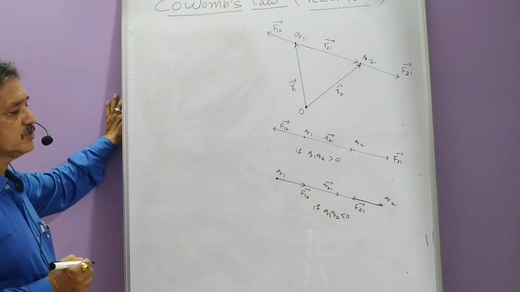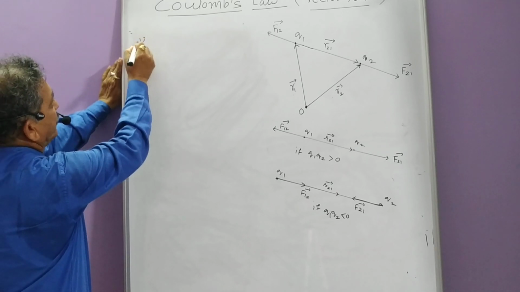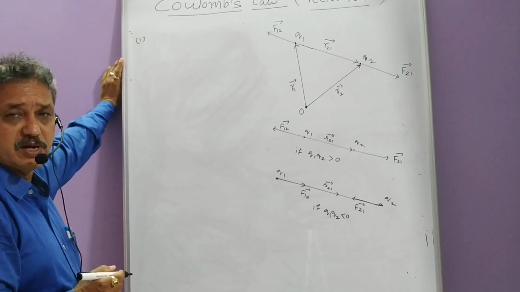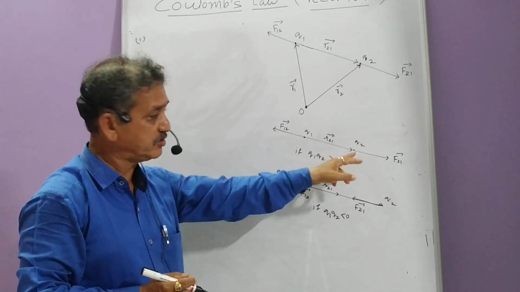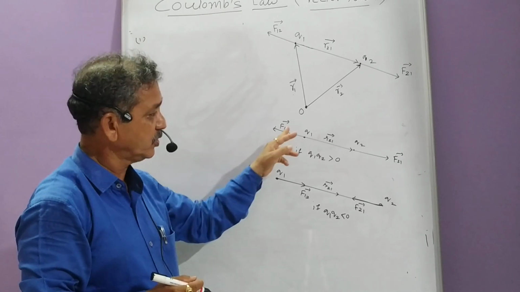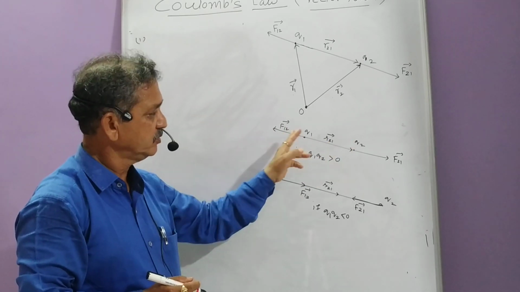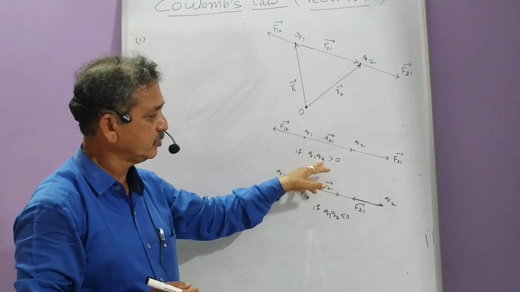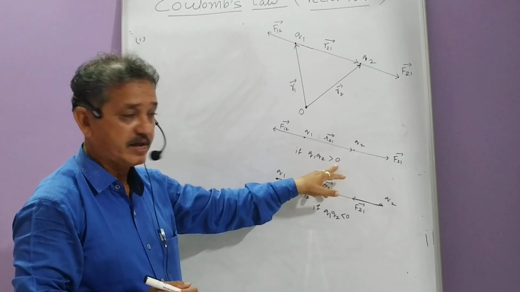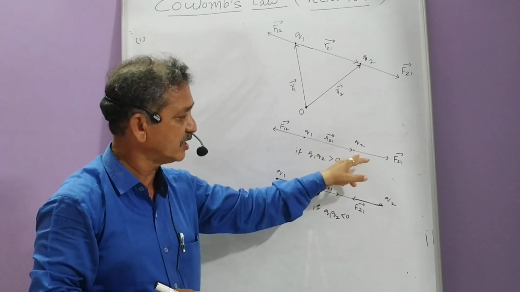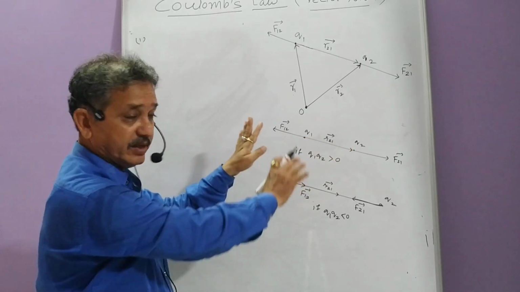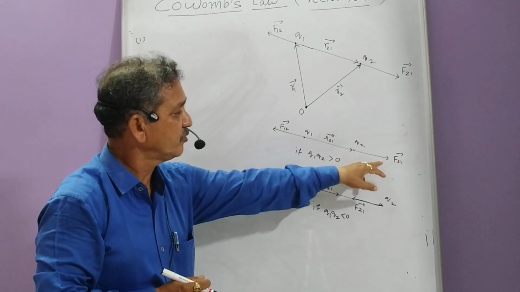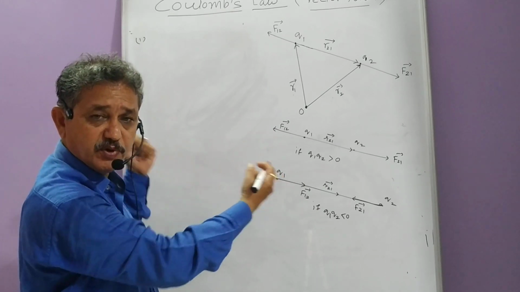Let us see the remarkable points. So we have seen there are the two equations of vector F12 and F21. These two equations are valid for any sign of charges Q1 and Q2. It means what? Q1 and Q2 both are positive charges, or Q1 and Q2 both are negative charges. Then their product Q1 Q2 will be greater than 0. And as it is greater than 0, then in between them there will be a repulsive force. And because of the repulsive force, you can see that F21 and F12 are going away from each other.